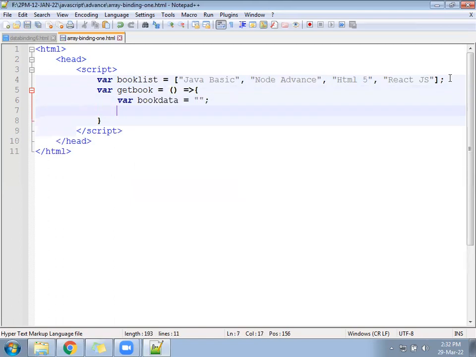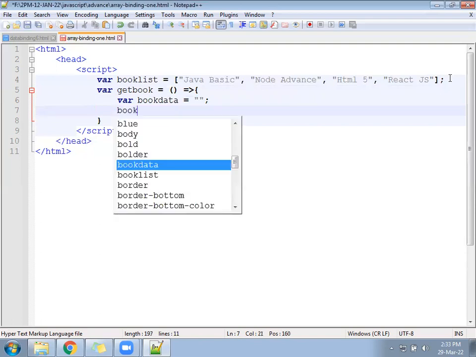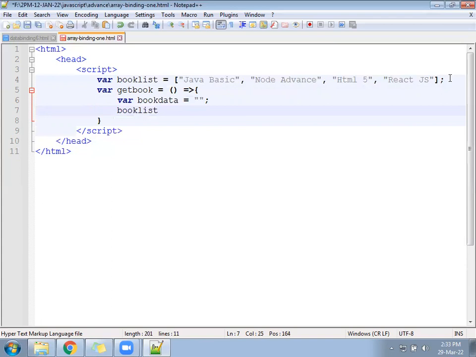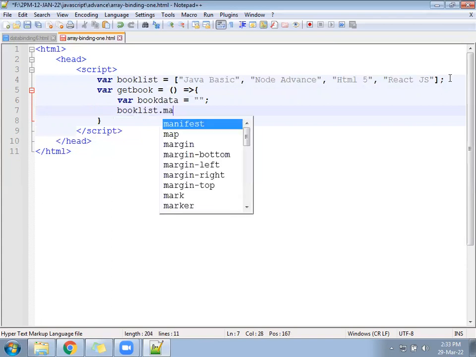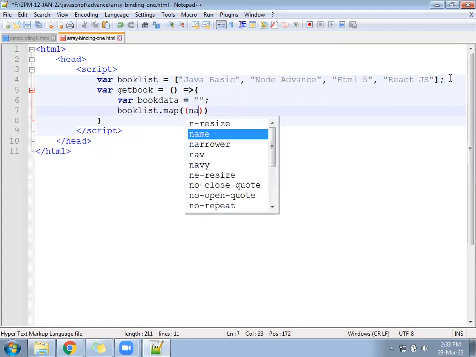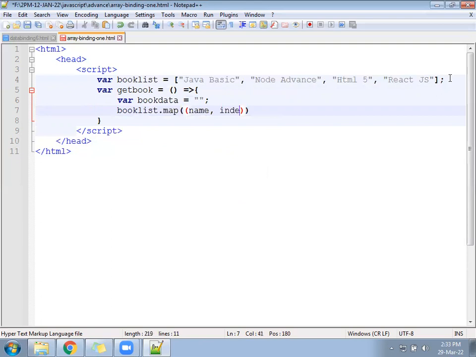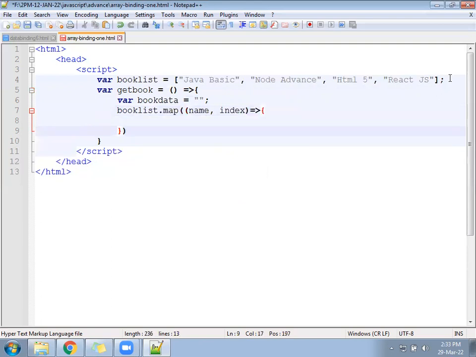Now this book data will hold the list of TR and it is going to be generated inside the for loop. So you can write here book list dot map, name of the book and index of book.